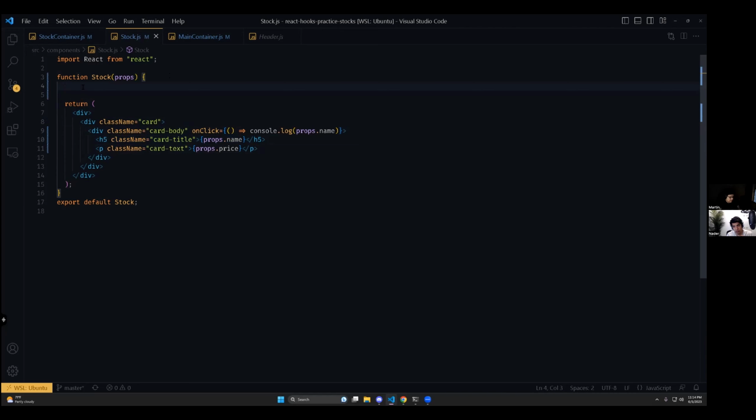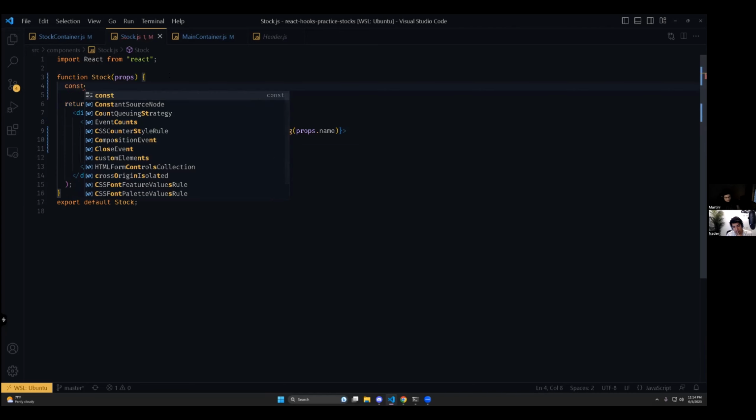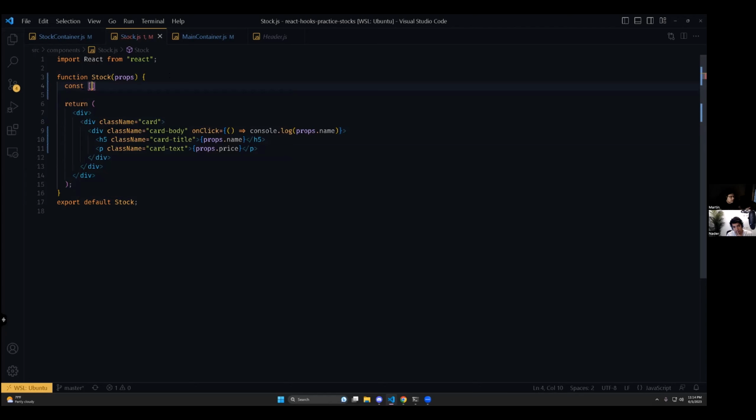So the way we would do that is basically we would do const and then we would do the array. And basically we would take the properties of props, because what destructuring is, you're putting the value of the properties into a variable, but the variable is also named the actual prop. So I know that props has name, price, but let's just keep it simple. I guess you can do name, right? And then we'll do that equal to